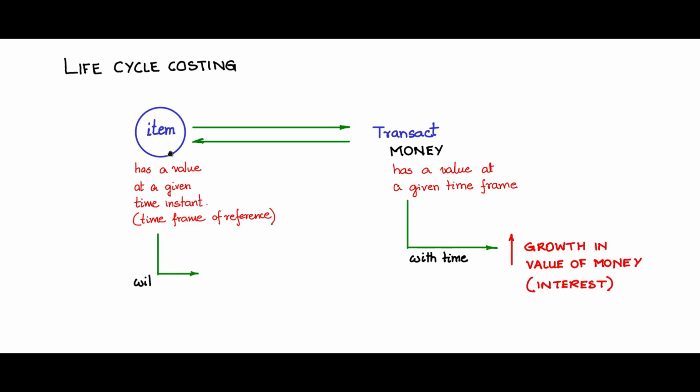Likewise, an item also, with time, its value can increase or decrease. There is growth or change in the value of the item, and it is called inflation. So let us look at this growth profile of this item and the money, and try to bring in that relationship and use that relationship to measure the life cycle cost. The interest and